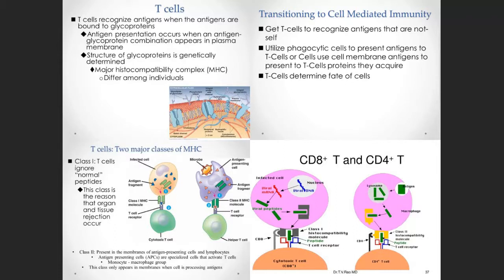And then the cytotoxic T cell with its CD8 is going to bind and go, oh, yourself, but what are you doing in there? What is this? This is an antigen. This is something that's foreign. This is something that should not be inside of you and you should not be making, so we're going to kill you. Okay? So that's how the MHC class 1 happens. MHC class 1's on every cell of your body. So